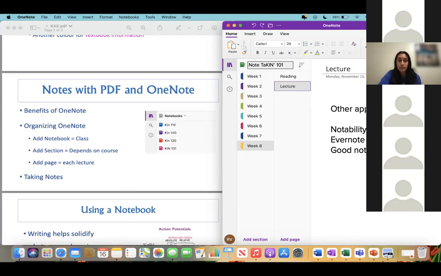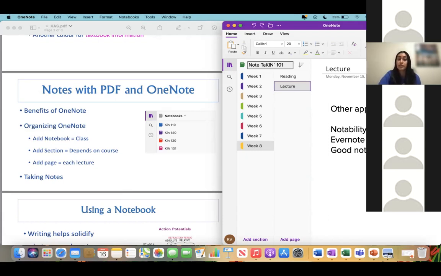Note that you can also use other apps. For example, it doesn't have to be PDF on the left side. You can use PowerPoint, and on the right side, you can also use a Word document or other apps such as Notability. In terms of the benefits of using this format, or OneNote specifically, you can easily download slides into